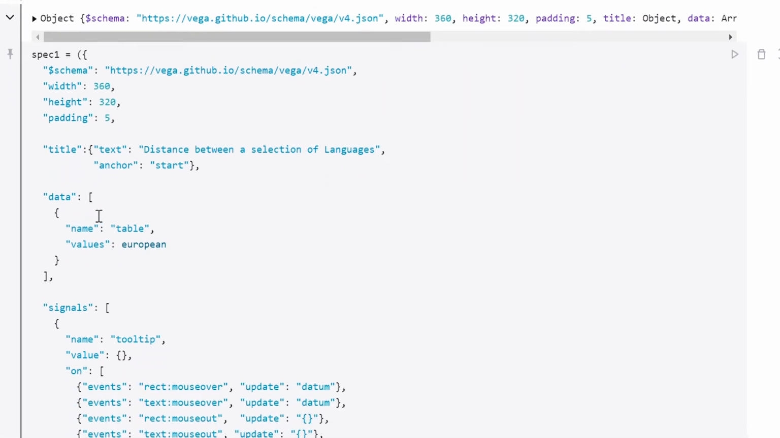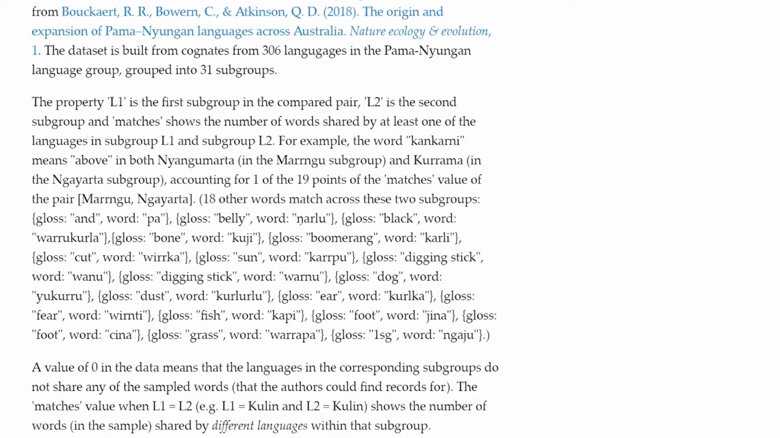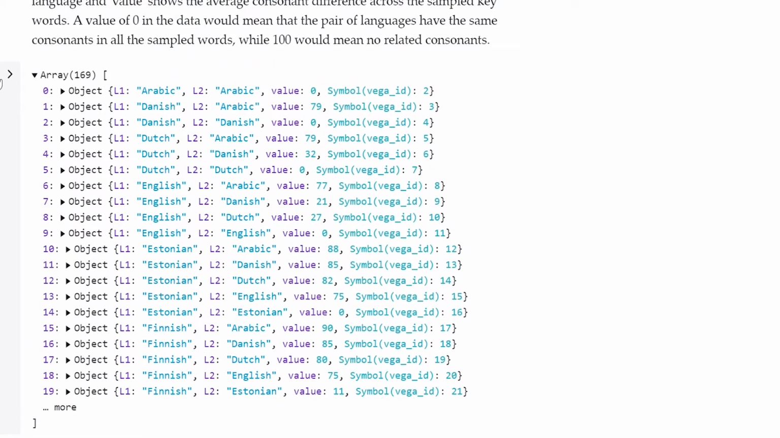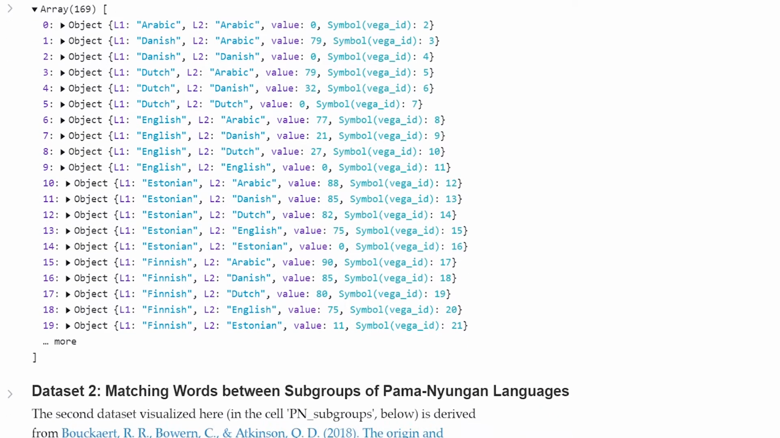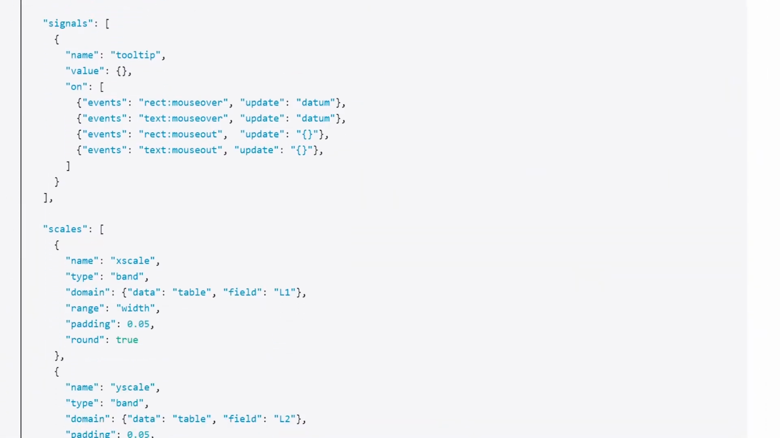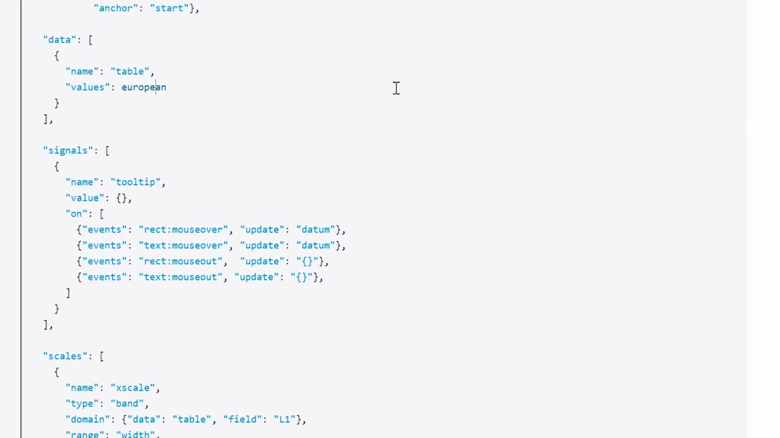Our dataset has the name table, and it has some values, which are the array European, and if we scroll up we can see that cell European. So that's just that data of the L1 language, L2 language, and then the value. Our signals,